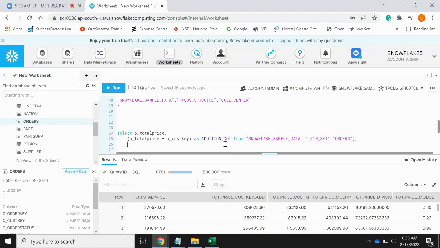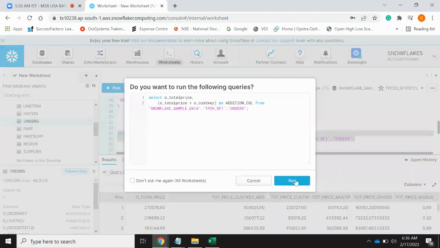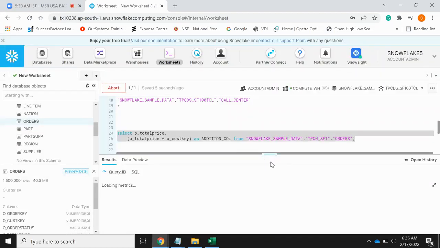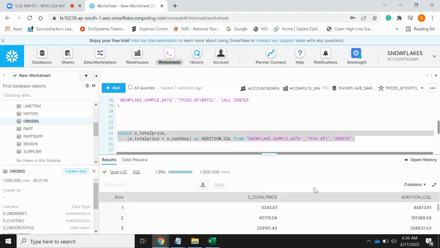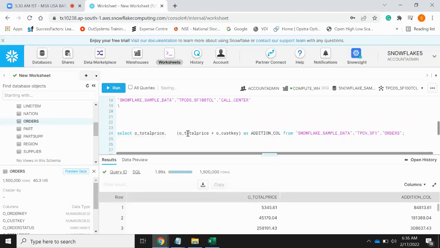If you don't give this, what will happen, we will see that. Now when you are executing any query, it has to end with a semicolon. When you observe this, only two things we are implementing. See this one, total price, addition column. So we can see what the column name is. If we don't give the alias name, how is it going to be displayed? Select total price by customer key from